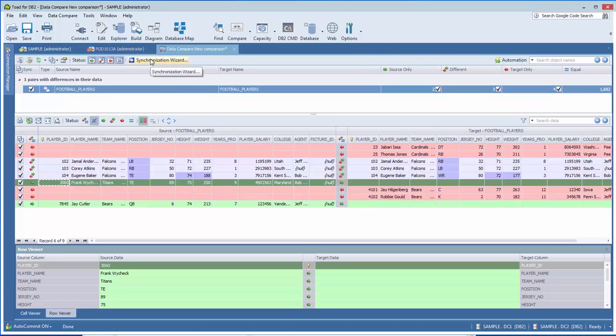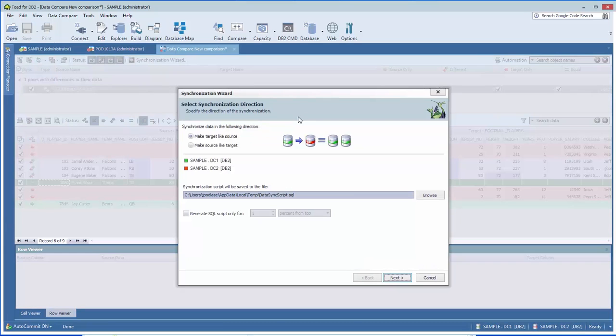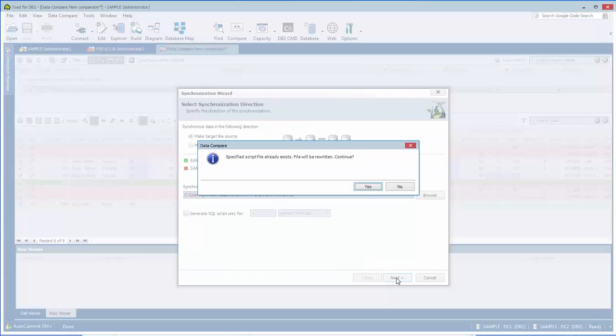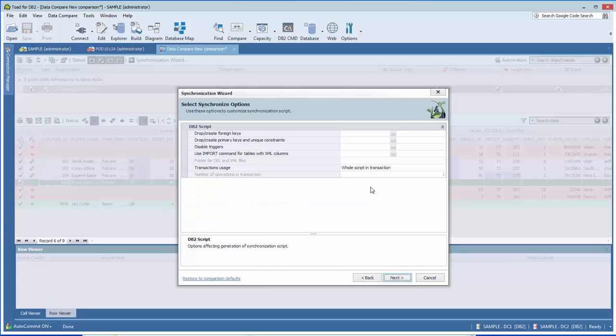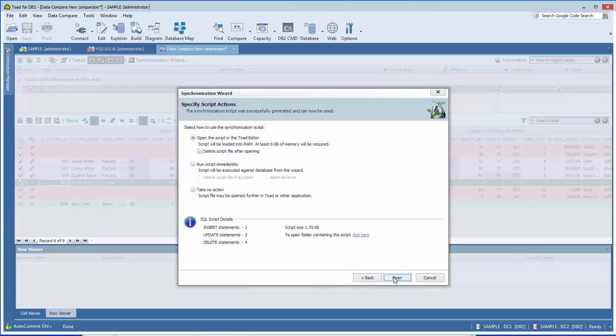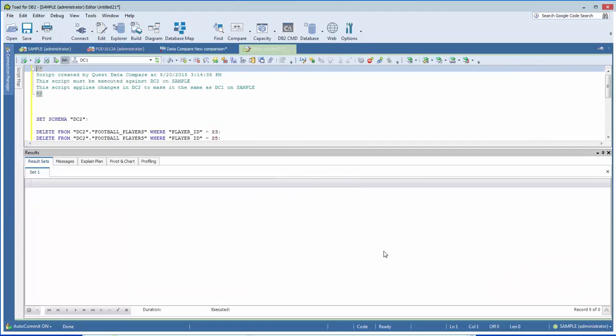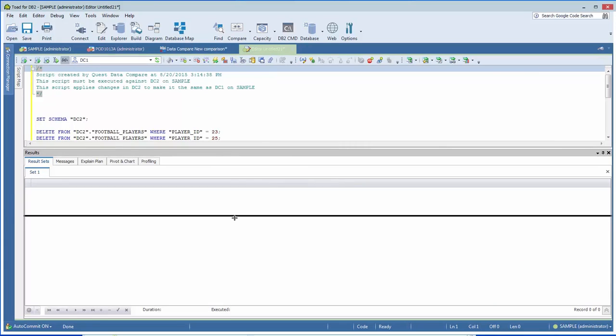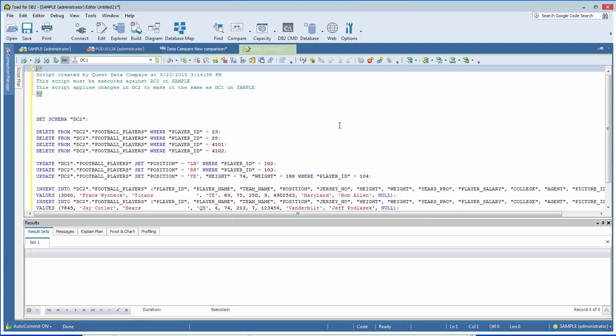Now I'm going to click this Synchronization Wizard button here, and up comes the Synchronization Wizard, and allows me to specify a file, do things like drop and create foreign keys before I generate the inserts or deletes. And I'm just going to walk through, taking the defaults here, and this is going to open up a script in the Toad editor. And this script will synchronize, that will bring my target to the same values as my